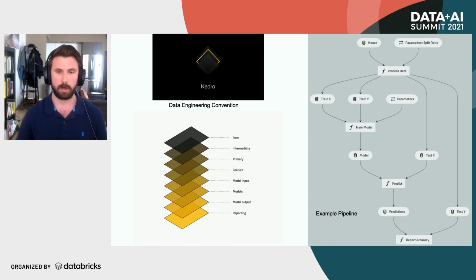And the outputs of the model, predictions or other artifacts, and then a reporting layer that shows everything that happened during the training runs and the cross-validation